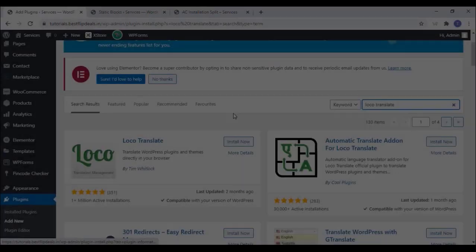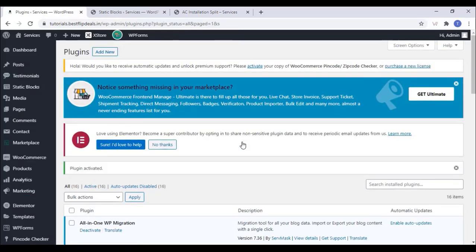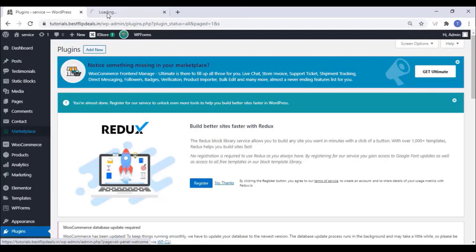Once you activate that, go to the plugin settings and install the Loco Translate plugin. This is a free plugin. You can just install and activate that plugin too. Once you finish that, go to the marketplace